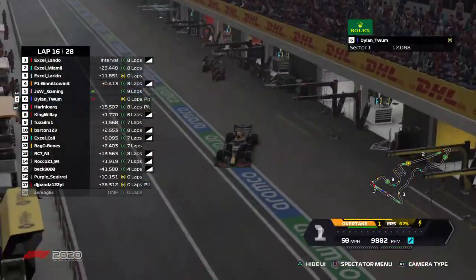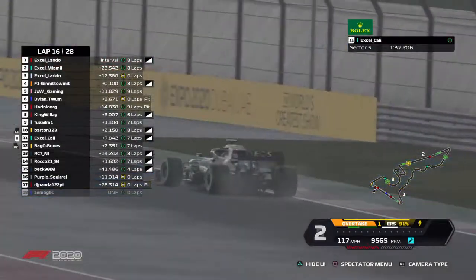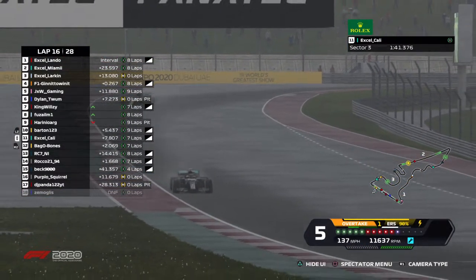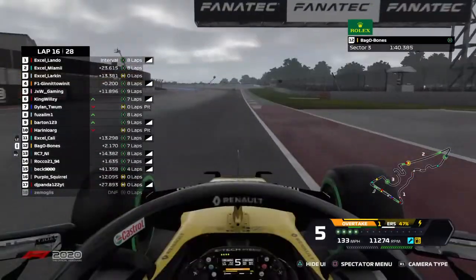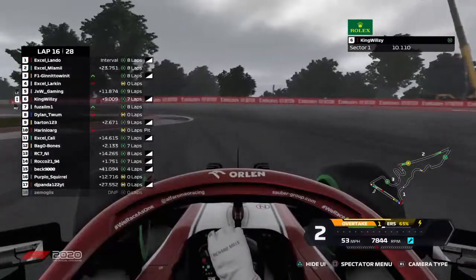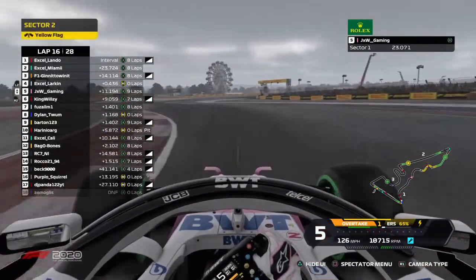DRS has not been enabled yet. Dylan, Harry Noir are both going to be into the pit lane. King Wilsey, Fuselem, and Barton will all decide to stay out. Not taking the risk. I think Callie might... no, Callie's not going to be into the pits either. I'm surprised the two runners have not split strategy either. Back Bounce is going to be staying out as well. But I think it's a smart call actually to stay out on the inters right now. But let's go onboard with...